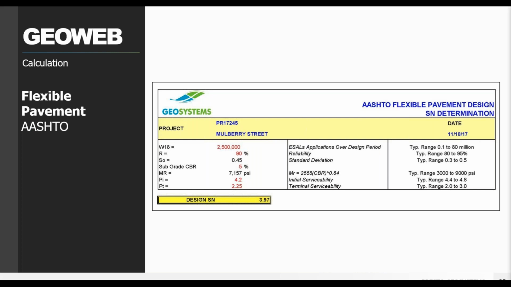All of our GeoWeb system solutions are done using the AASHTO 93 design method, and we do provide full calculations for you to review. So you know that this isn't just us saying, yeah, it'll work. We do actually have these calculations to back up and prove why our system is going to help reduce the depth of your base and provide you the strength for your roadway.